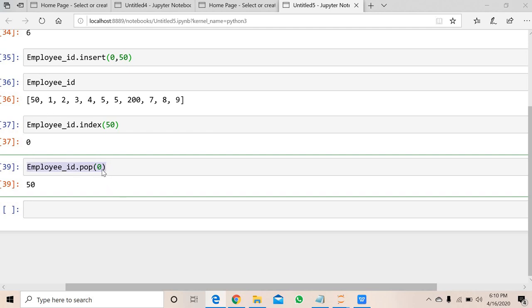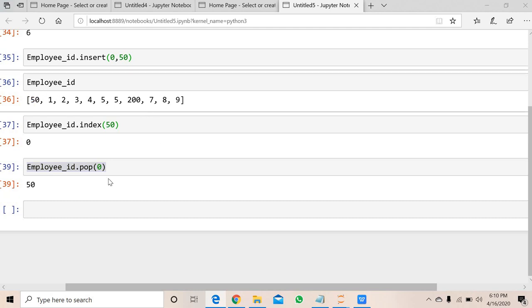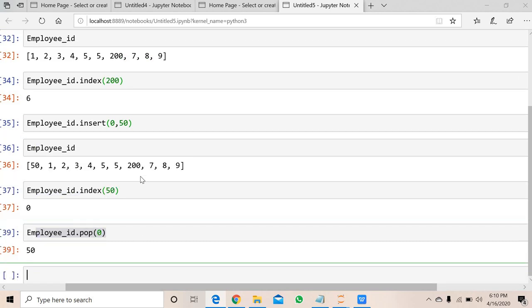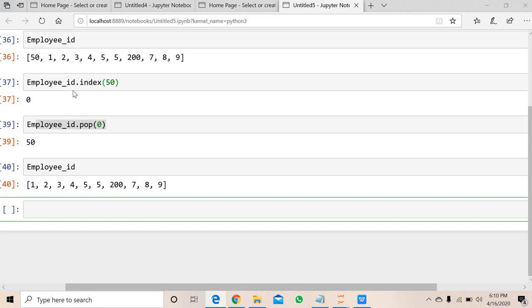So I have given 0, because I want to pop 50, and 0 is the index of 50. If you want to remove 50 or any element from the list, we have to give the index of that element. We'll check this list one more time. It is removed. Pop means the element will be removed from the list. This is the pop function.